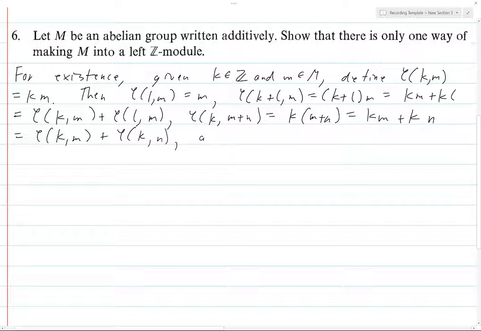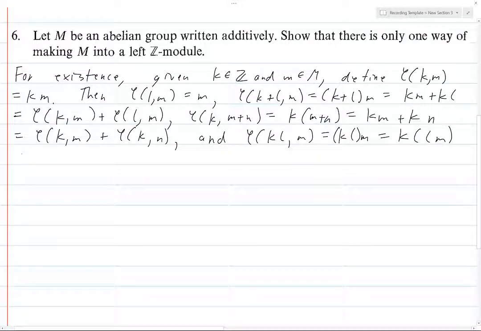and the hardest one, but not really that hard in this case, is phi of klm, which is equal to, well, klm. Just going to write it like that. But you're just taking m and you're adding it to itself k times l times. So what you could do is think of it as, instead of adding m to itself k times l times, you take m and you add it to itself l times, and then you do that k times. And so this is